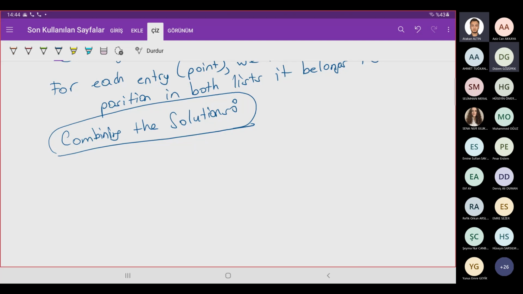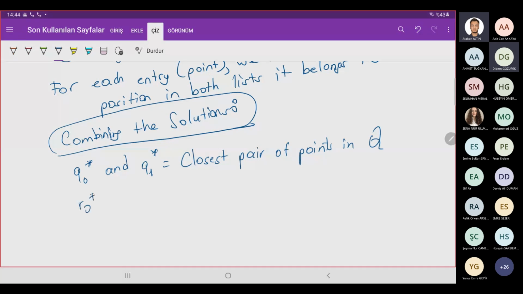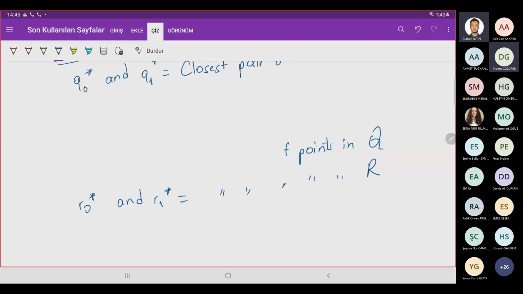Q0 star and Q1 star: closest pair of points in Q, and R0 star and R1 star: closest pair of points in R. So to explain it more visually,